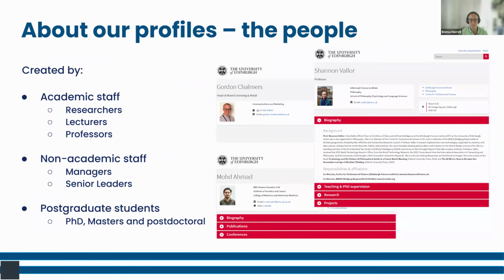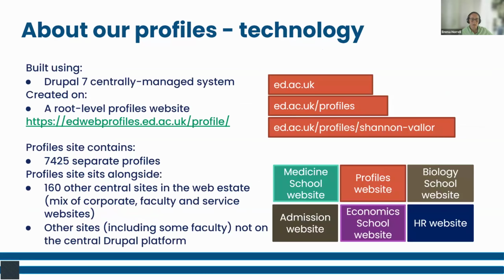So we refer to them as professional services staff. People that also can have a profile are our postgraduate students. So, for example, those doing a master's or a PhD. And to talk about the technology behind these profiles, so the ones that currently exist on our web estate were